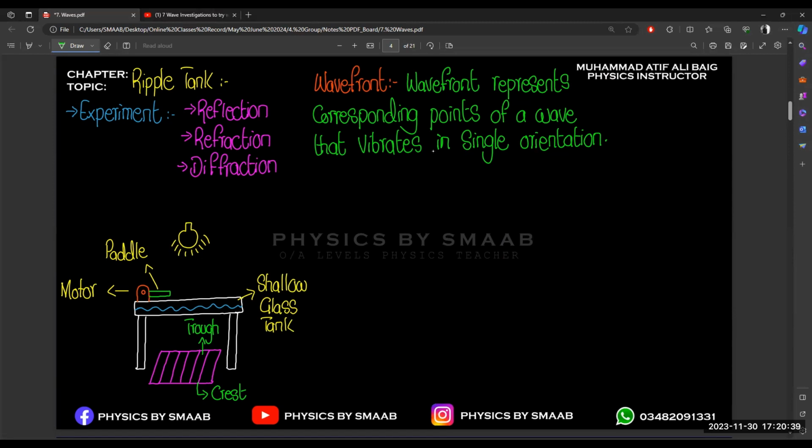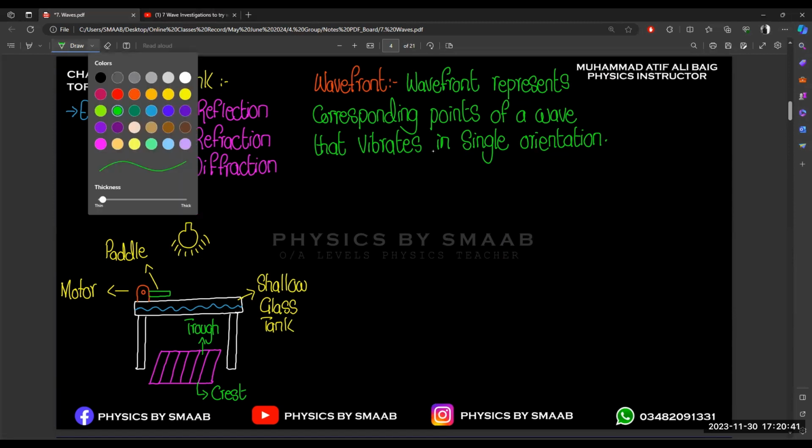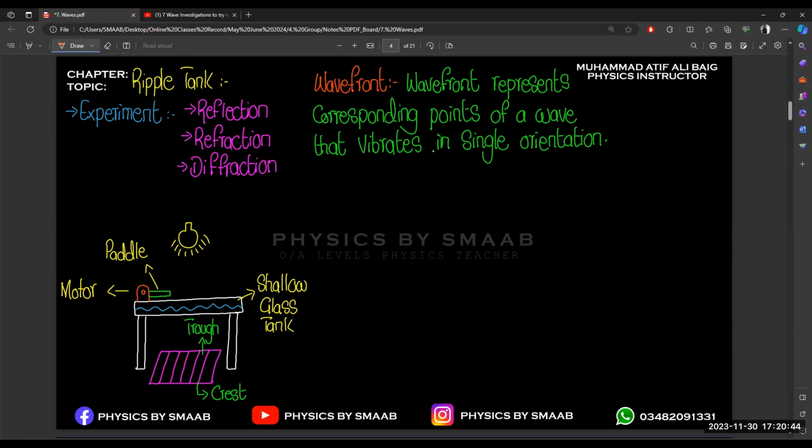And now if we talk about reflection, reflection is a very common process, and we already know about it from light. We also studied in lower secondary level about reflection, that light reflects with the same angle as the angle at which it strikes the surface. So the reflection process is very simple. In reflection,